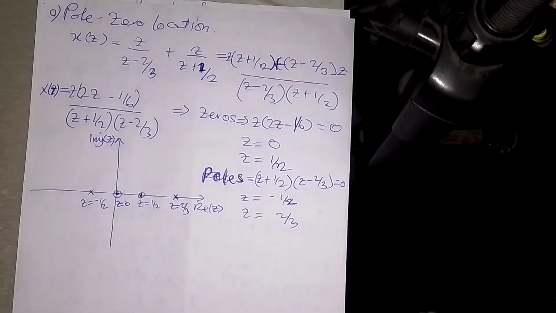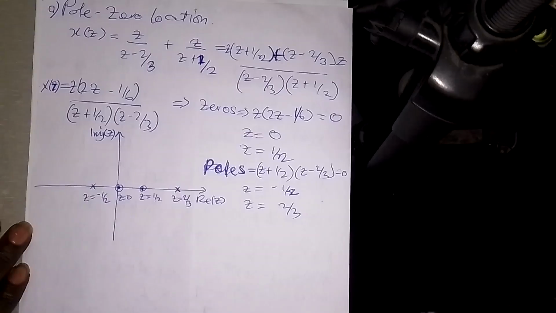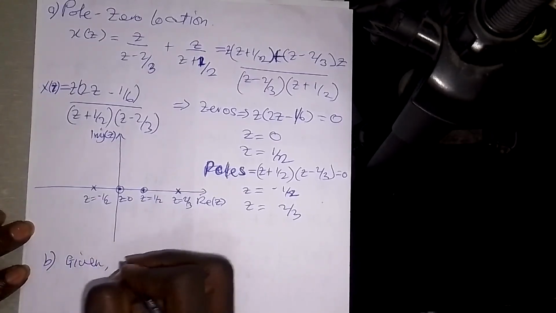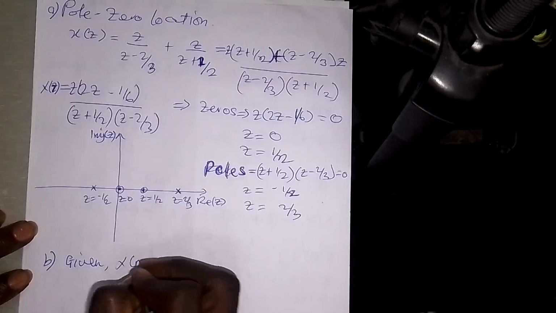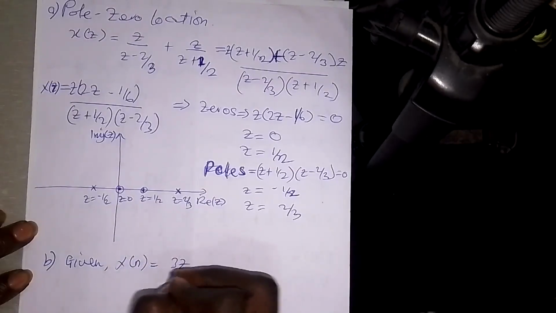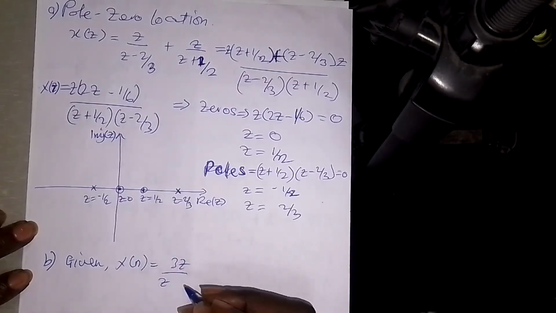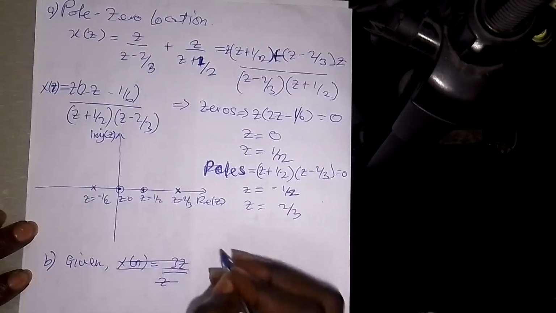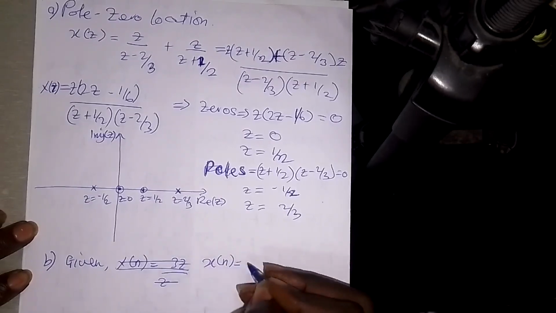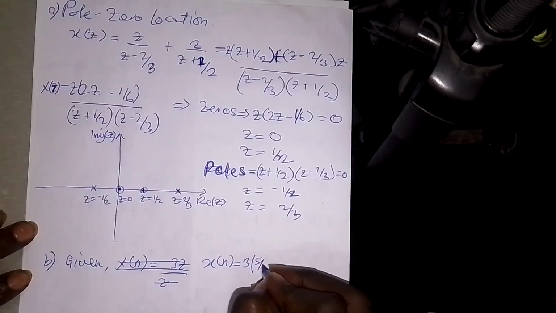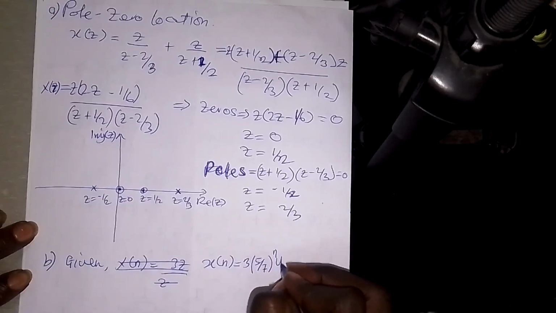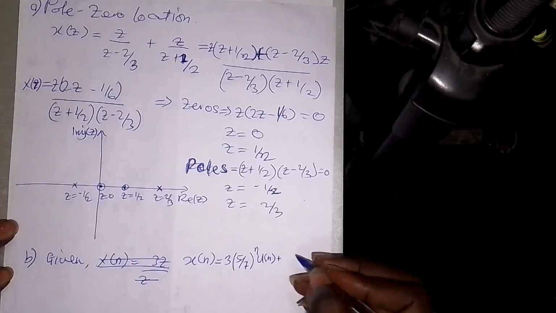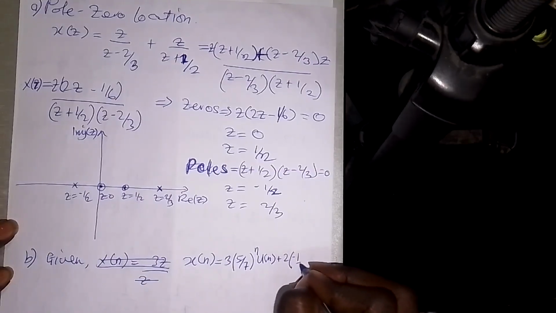Now let's go to the second aspect of this question, which is B. So in B, we are given, sorry, this is what we're given: x of n equals 3 out 5 over 7 to the power n into u of n, plus 2 out minus 1 over 3 into